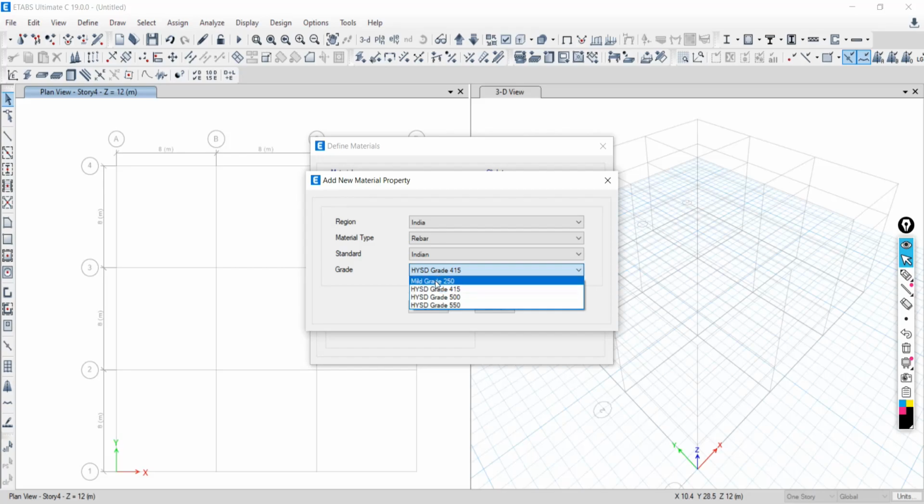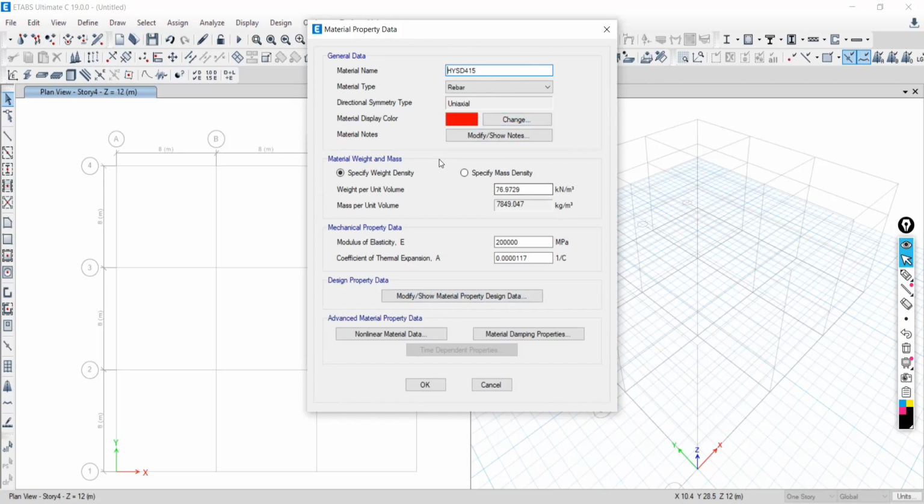So I want to go with the Fe500. Mild steel is also there, but we want to work with the Fe415, let's say. So check this one. Now say okay. So more detailed information about this material will be added here, represented by this code in the software. Change it to Fe415.